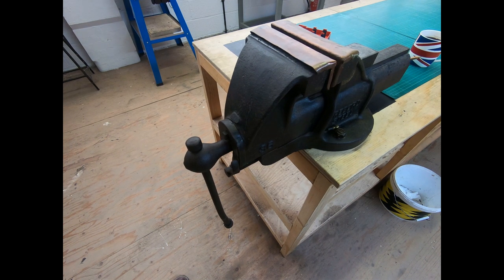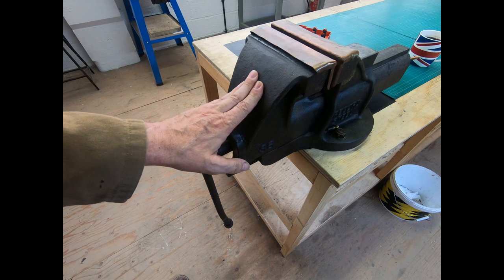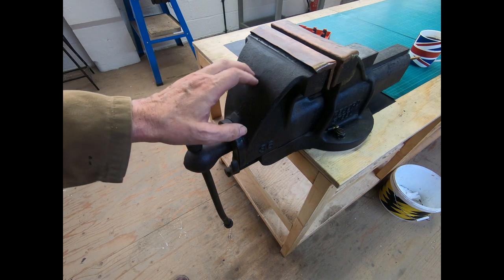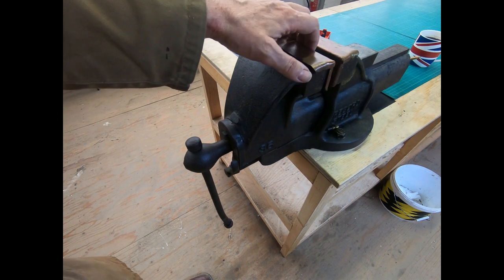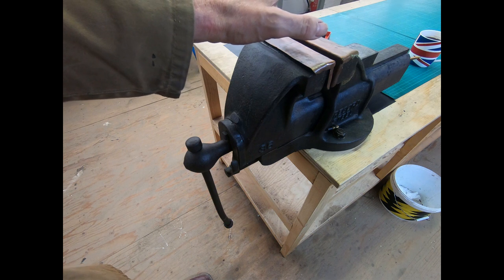Today's another one of the weekend workshop tips, and it's really around a vice and something you can do to make them a little bit safer. This is quite a big vice, a Record 36, and one of the challenges I've found, not being such a spring chicken, is that sometimes I'm lifting something, trying to put it into the vice, and it's probably too heavy for me to do on my own,